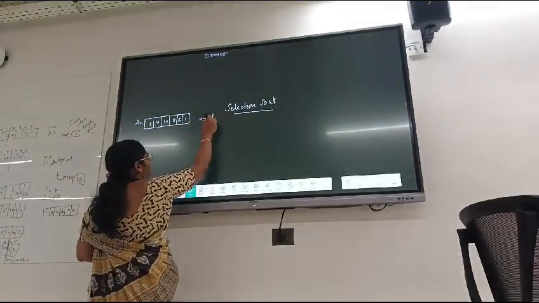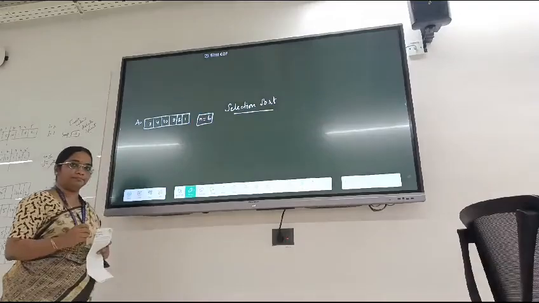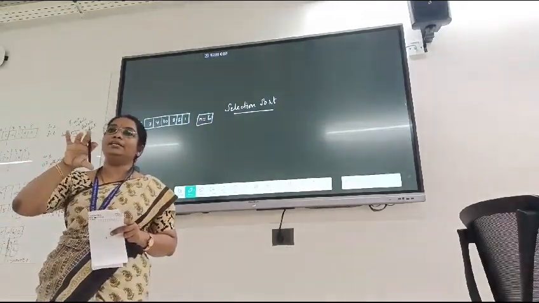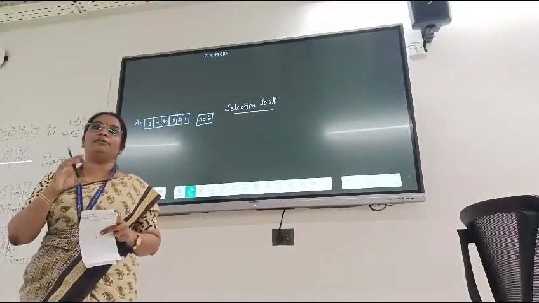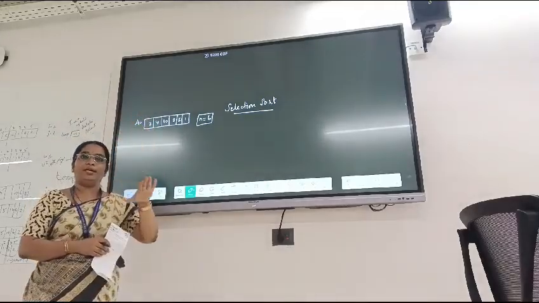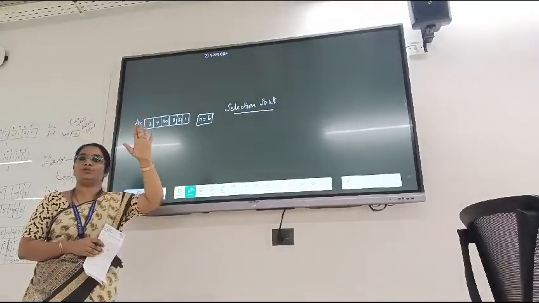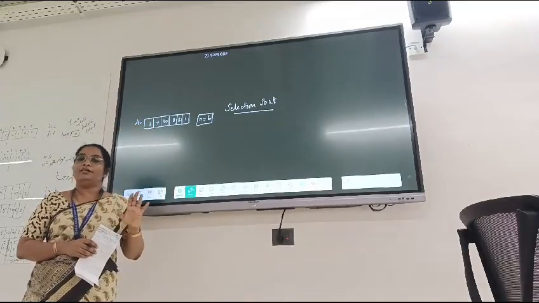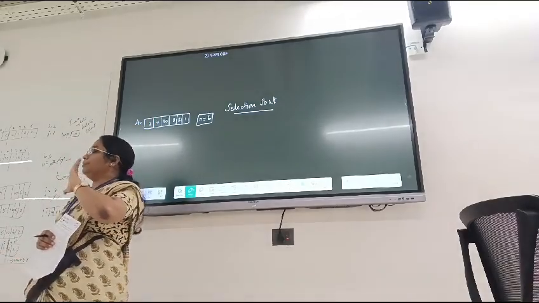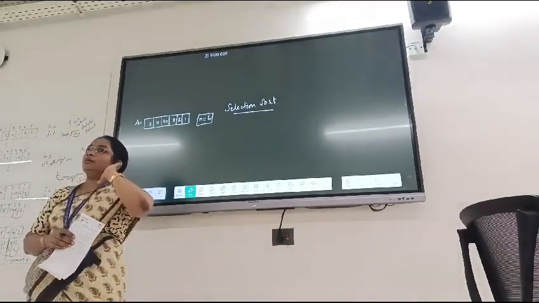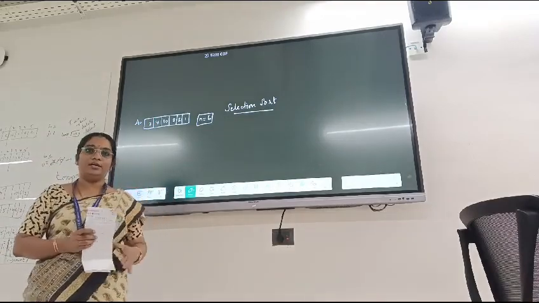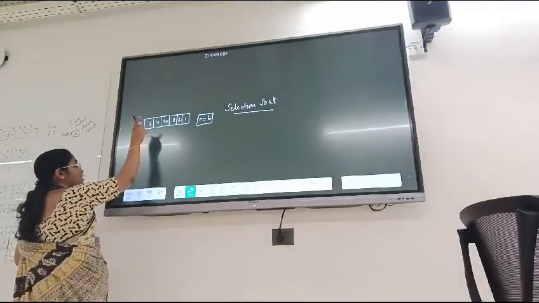What is the total number of elements we have? 6 elements, right? Normally in an insertion sort, what we will do? We will consider the first element to be a sorted one, and then we will proceed on, right? So here in selection sort, we won't take the first element to be a sorted one, right? So this portion is